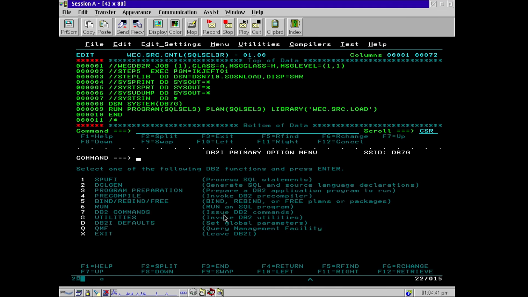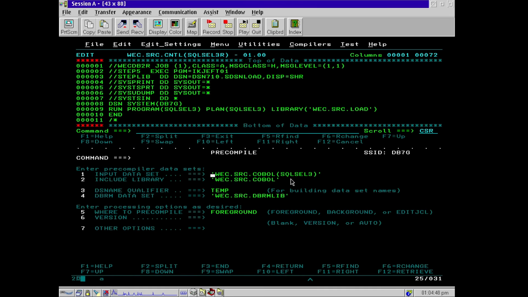And then you would do the precompile. So let's precompile that. This is what we're precompiling. Now, this is going to come out of this dataset qualifier. So this is where this goes. So if you want to control where this output goes, we'll just do WEC.DB2P. Okay, never mind. I guess all we really can do is temp, and I'll show you where this gets spat out to. You can't really put it anywhere else,